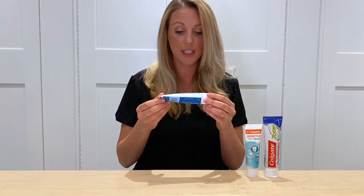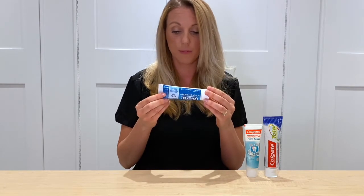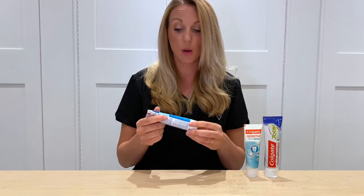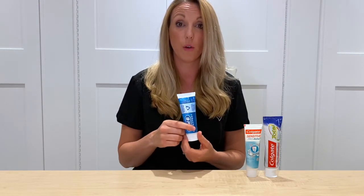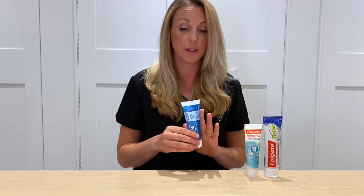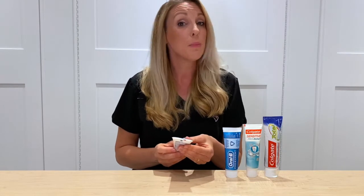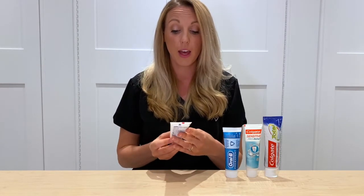Now, this one contains two types of fluoride, sodium fluoride and stannous fluoride. So I'm loving the double fluoride on that. And that's just a regular toothpaste as well. If you've got any gum problems, periodontal disease, or you're aware of bleeding gums or something like that, okay, I'm